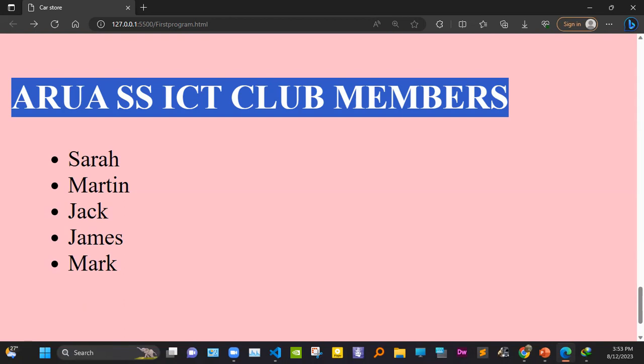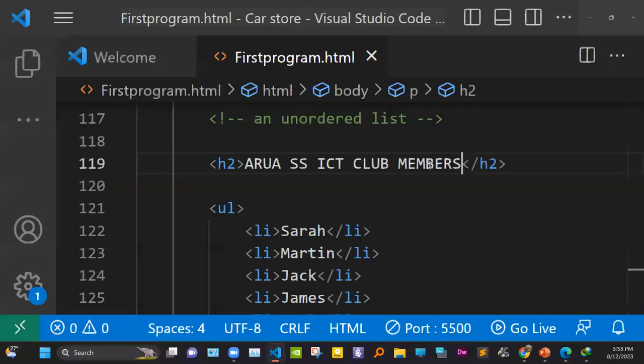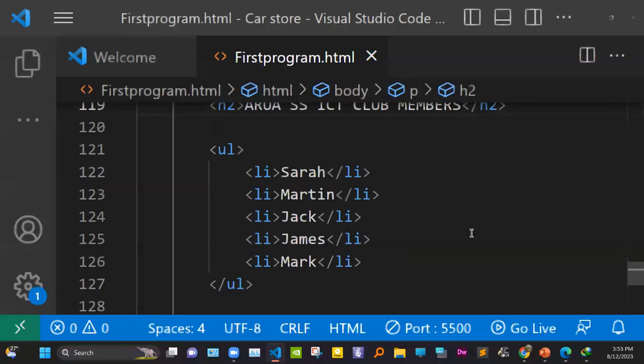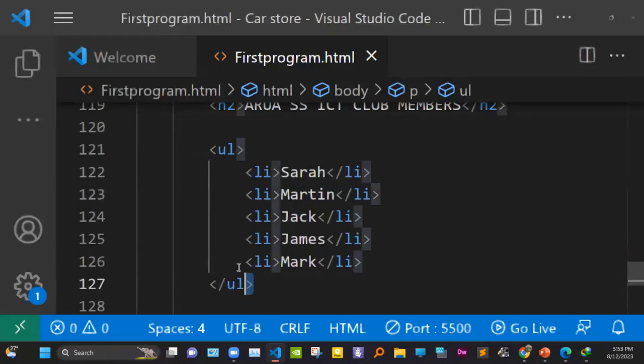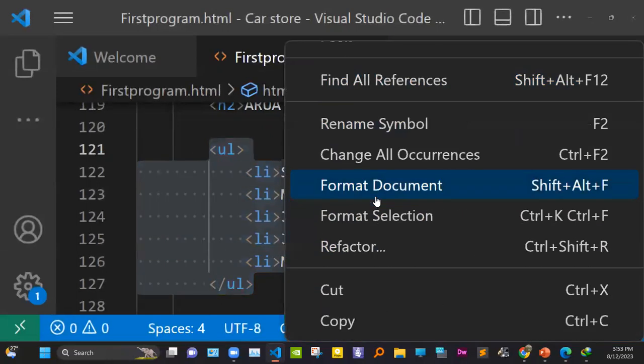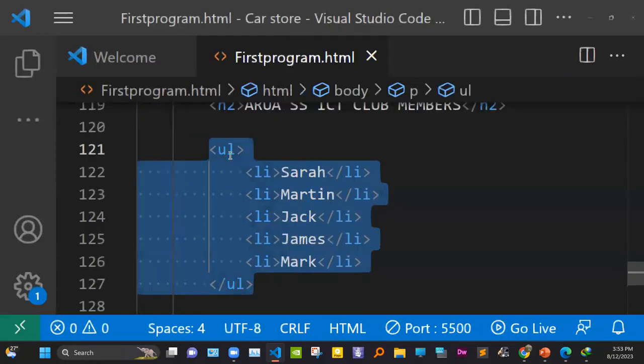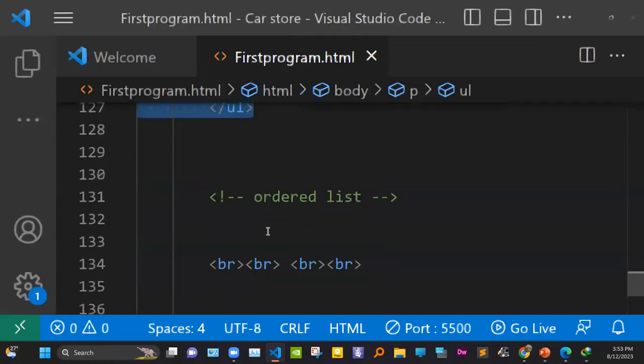So we shall go on and quickly look at the ordered list. To create the ordered list, we have to take note of the syntax of the unordered list, because it is the same. And like I told you, in case you know that whatever element you're going to create has the same code, there's no need for you to type again, unless you really want to practice the coding, which we encourage. But in case you know that it's going to be the same, all I will do here to show you how simple it is, I'll simply copy this very code, the very code that you begin with, the UL tag, with the list items, and I will paste it right here below my comment,